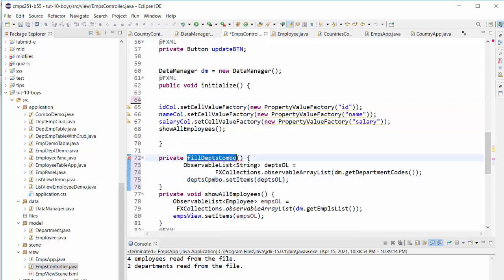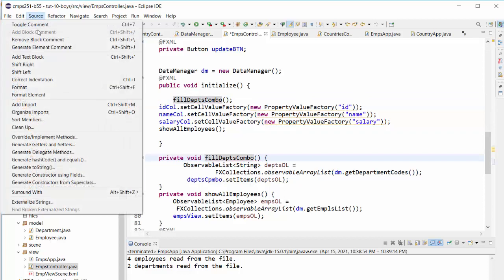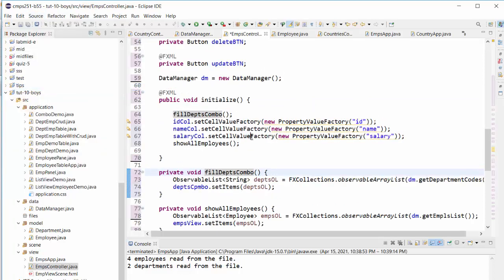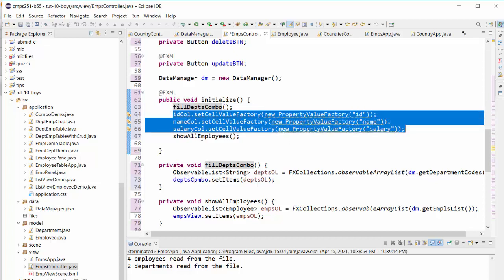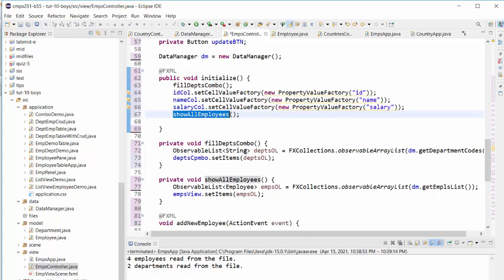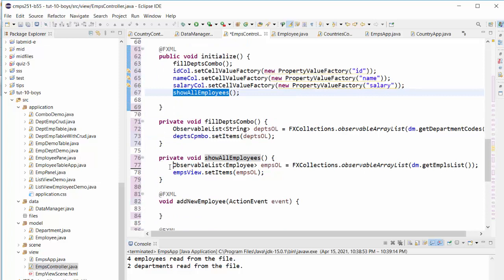The first thing here, I'm calling the fill dept combo, the first thing in the initialize, private void. And let me just format my code to look neat. So now, in the initialize, which is a very important method, the fill dept combo is called. All these things will be linked to the right attributes. Then show all employees will be